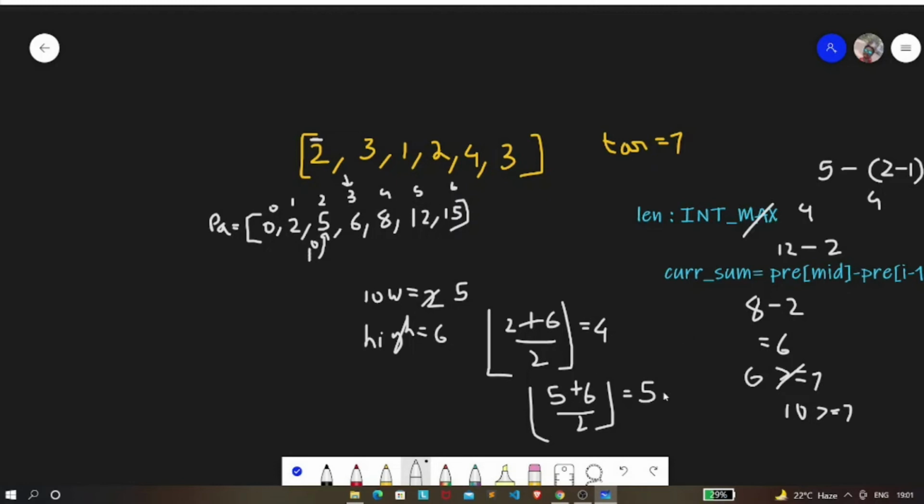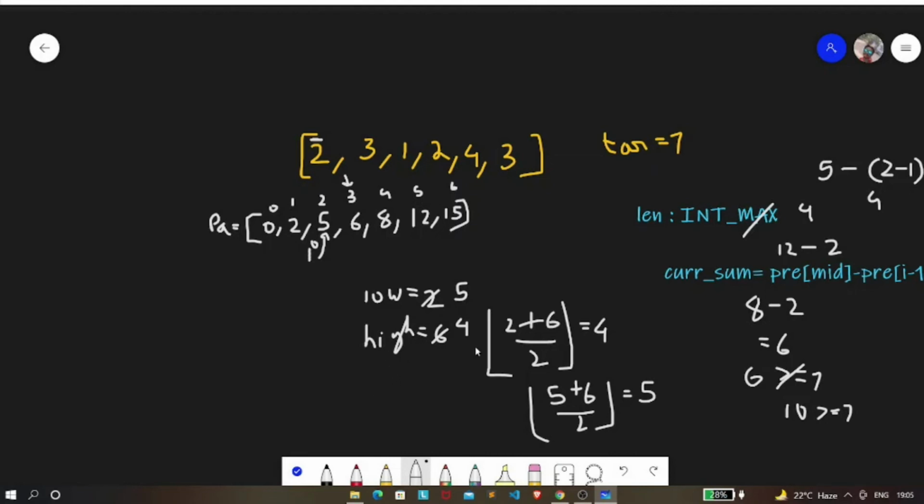Now since this condition is satisfied, that is 10 is greater than or equal to 7, we are going to move the high pointer. So our high will be updated to mid minus 1. Our mid is 5, so it will be 5 minus 1, that is 4.